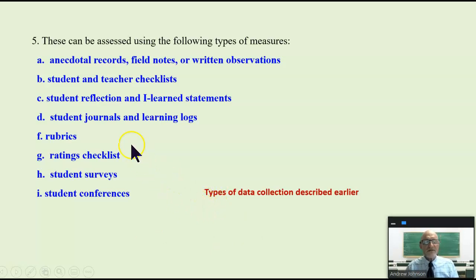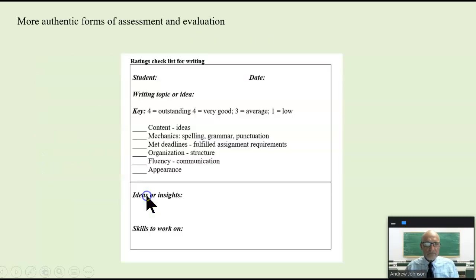These are forms of more authentic assessment, by the way. This is just an example where you might be examining students' writing to get a sense of how that writing is changing over time.